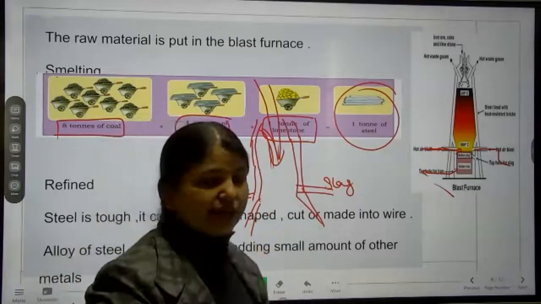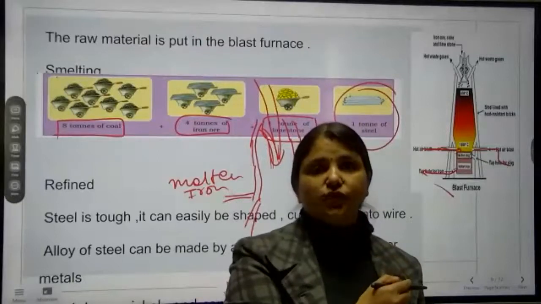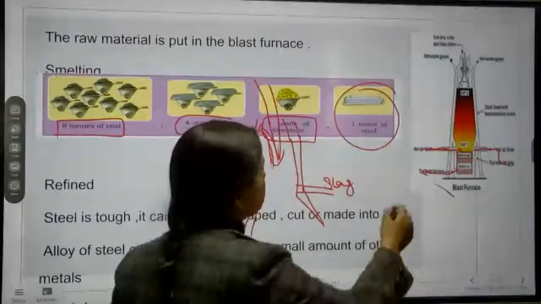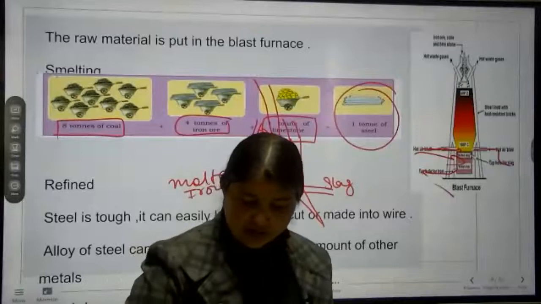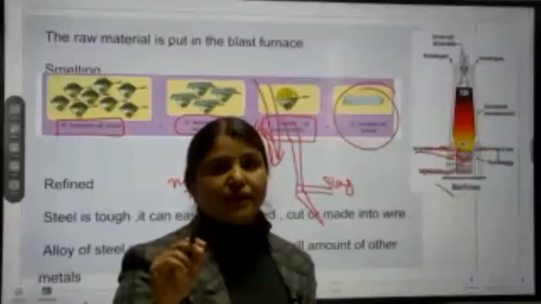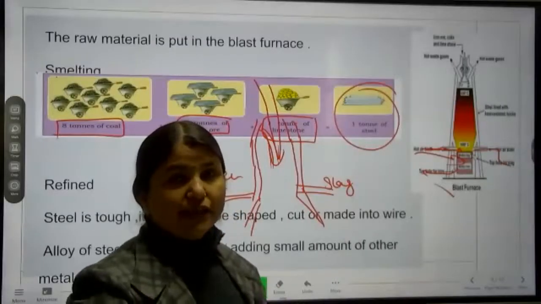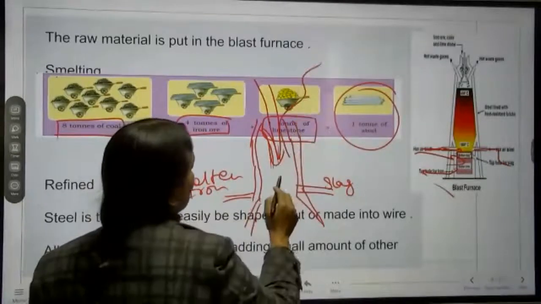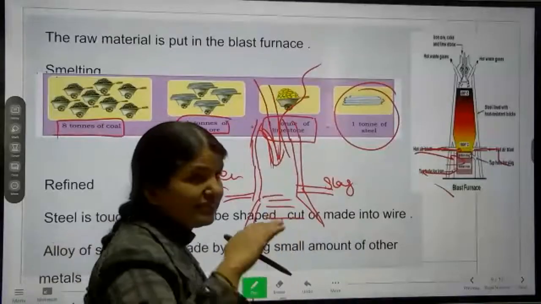और फिर इसमें क्या किया जाता है? They make the blast of hot air in this blast furnace. क्या किया जाता है? They make the blast of hot air in this furnace, and as the blast happens, when the temperature reaches 1500 degrees Celsius, that time this iron ore and everything start melting over there. And when they melt, smoke will go upside and the liquid will come downside, which is the light liquid.